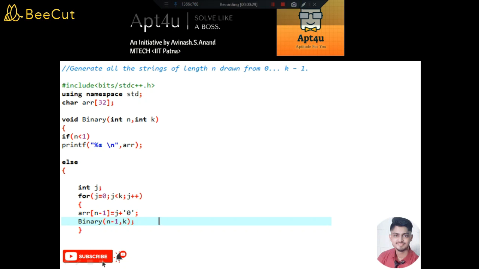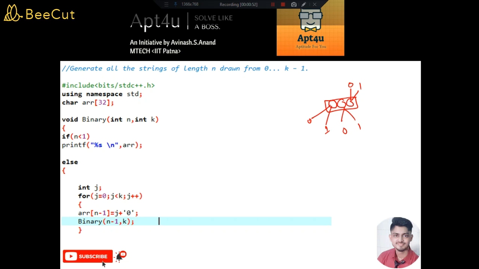To be more clear, in the previous video, suppose we were given n bits. We took n equal to 3, and we saw that in every bit position we were allowed to take either of two digits. Either you can use 0 or 1. Here also you can use 0 or 1. Here also you can use 0 or 1. So the numbers being formed in the previous video were binary in nature.